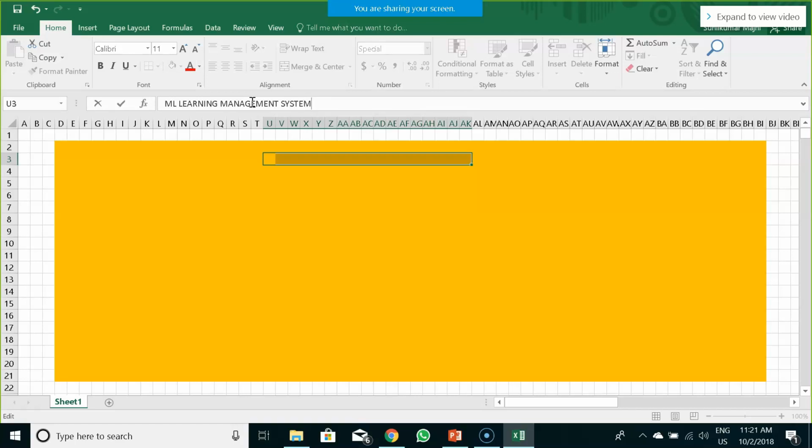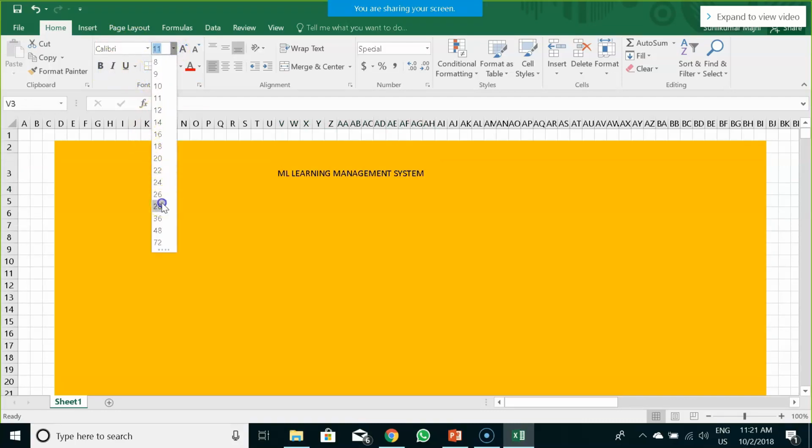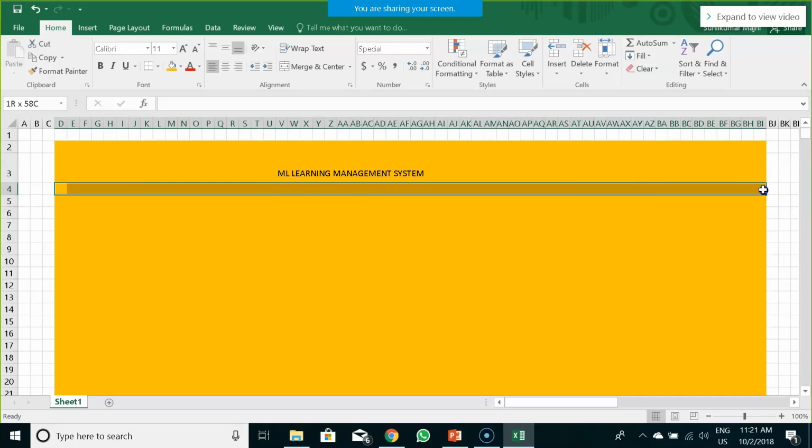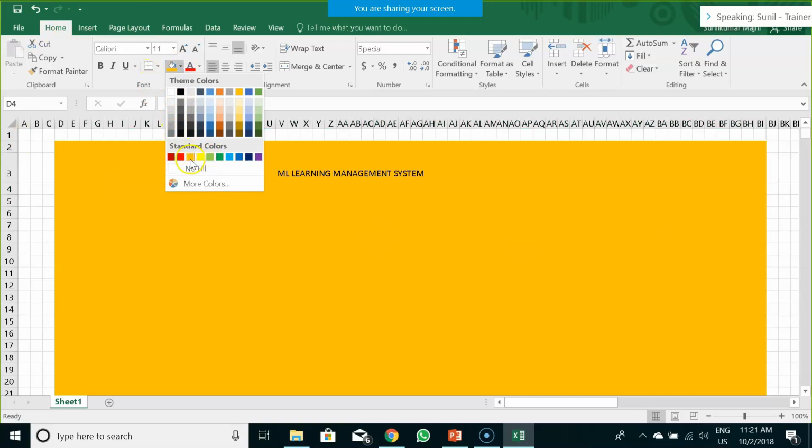Okay, so this should be our title of the system. Let me make this a bit dark and increase its font size to, let's say, this, and then I would take a separator over here, signify it with a different color.